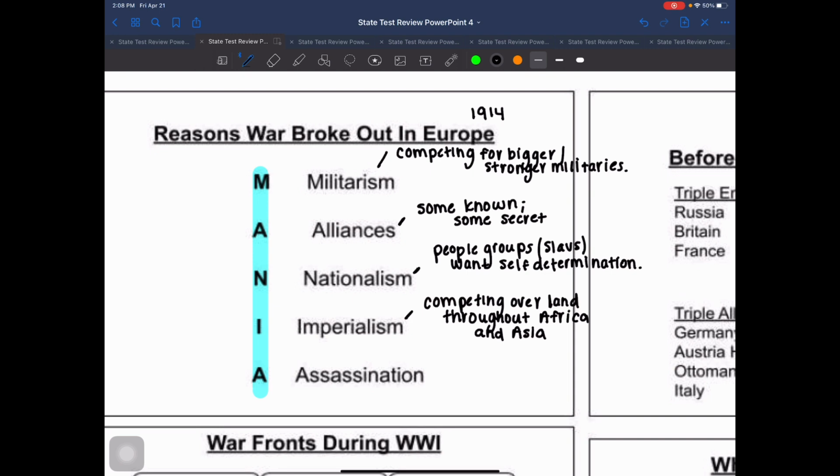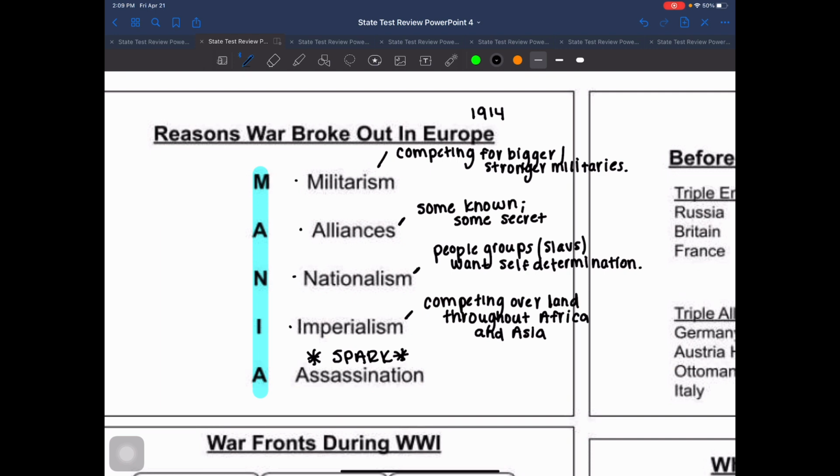And that brings us to the last cause of the war. This is also considered, and I'm going to draw little stars, the spark of the war. The reason it's called the spark of the war is all these above it: militarism, alliances, nationalism, imperialism. Those are things that have been compiling over time. This event, in combination with all the ones that I just put a dot beside, is going to be the one where everything blows up and we get what we now study as World War I.